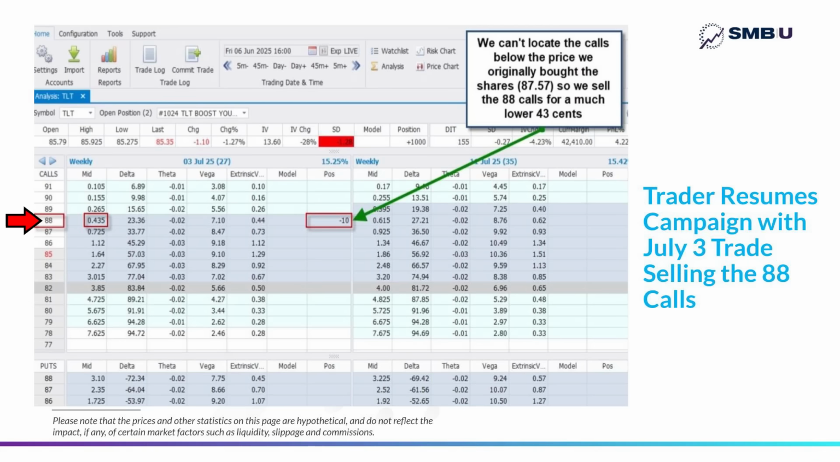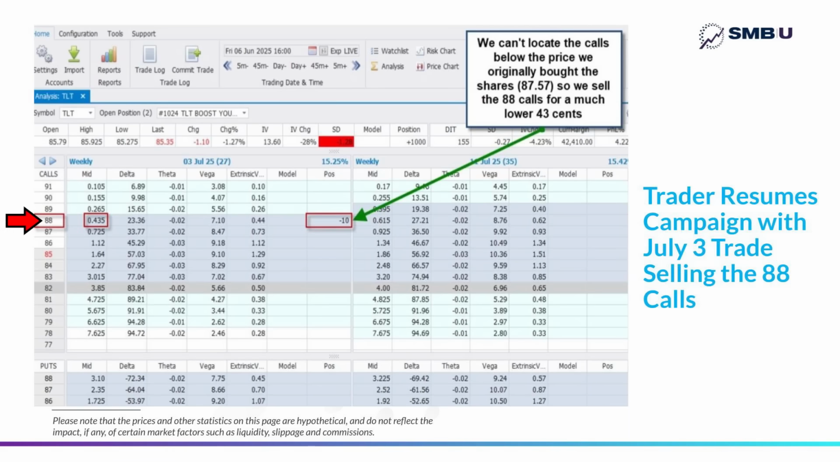Now, the July trade's interesting because this is the one case where we don't sell the call right above where the stock is trading. Instead, we'll be selling the 88 calls. Now, why the 88 calls? Well, if you remember, the original cost of the shares way back in January was $87.57 per share. And so if we sold the 86 calls, which you might have expected us to do at this point because that would be the first call strike above the closing price of 85.35,